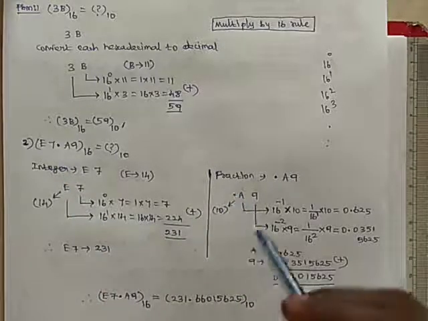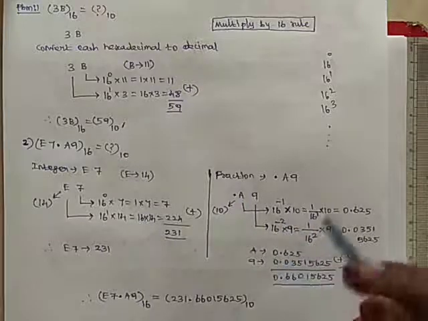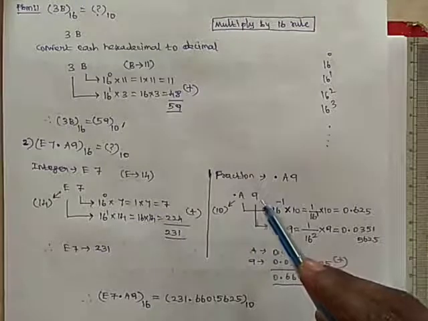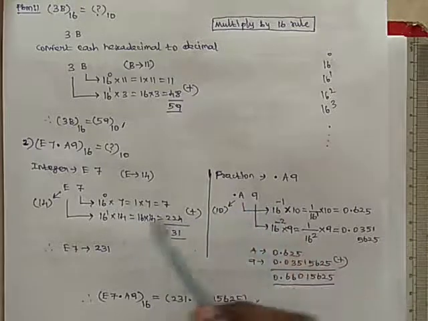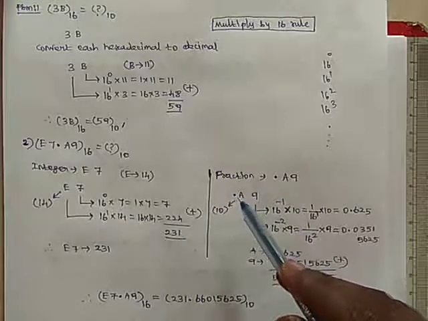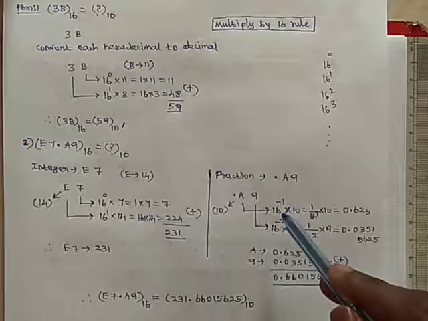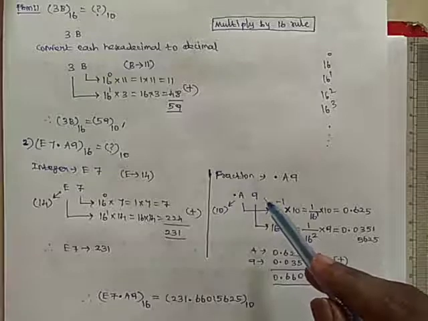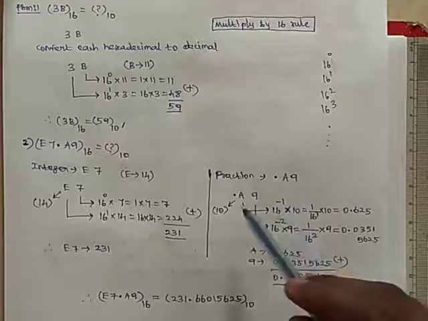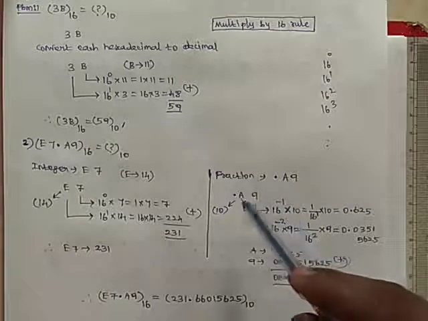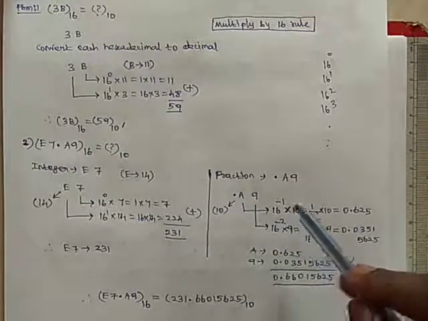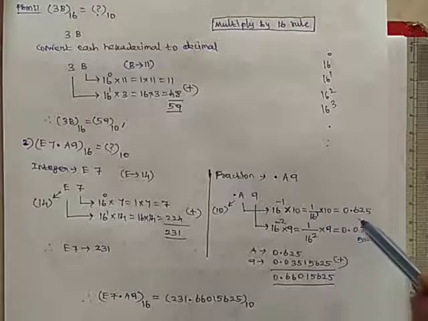For the fractional part, we have to apply 16 power minus 1, 16 power minus 2, 16 power minus 3, etc., like what we used in binary conversion as 2 power minus 1, 2 power minus 2, 2 power minus 3. For the conversion of the fractional number, you have to start from just after the point. So A is multiplied by 16 power minus 1, 9 is multiplied by 16 power minus 2. If the digits continue, you multiply the next digit with 16 power minus 3. So for A, the corresponding decimal number is 10, so 16 power minus 1 can be written as 1 by 16 power 1, into 10, which results in